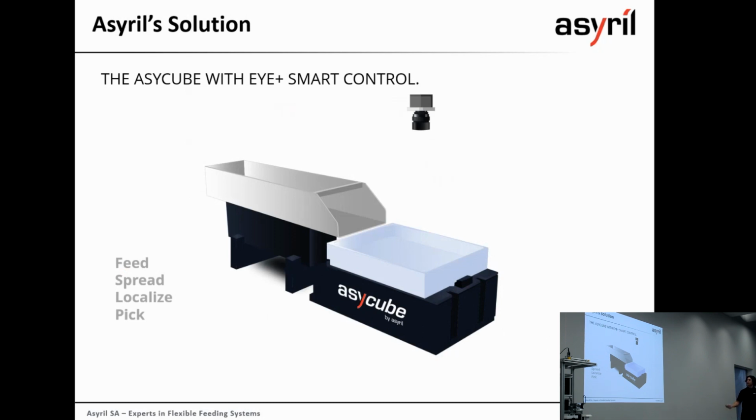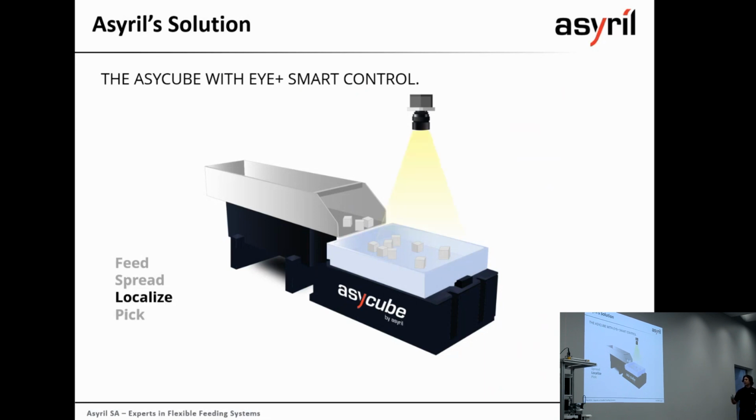Asyril solution is the AsyCube. The hopper itself here on the end, called the Asyril, separates the bulk parts onto the AsyCube. The AsyCube is responsible for agitating the parts, vibrating them, getting them into a desired orientation. And then the camera, I+ control, is actually controlling the fill level of the AsyCube. It's making sure all your parts are centralized, evenly dispersed, and then it's sending a coordinate to your robot for